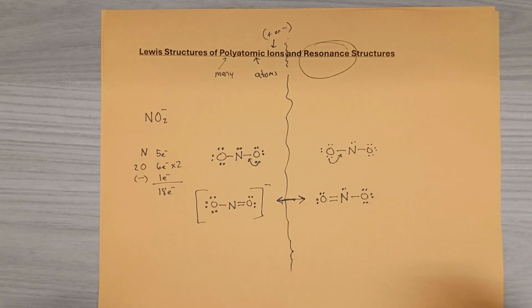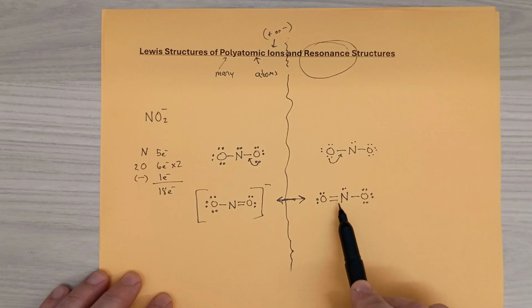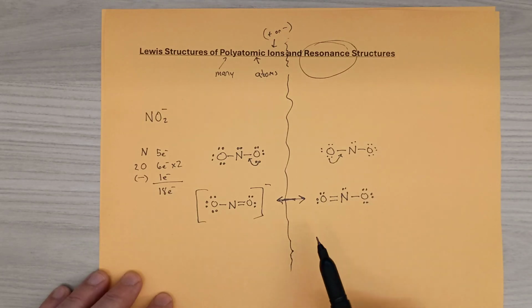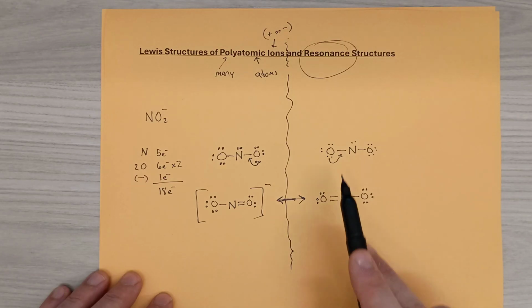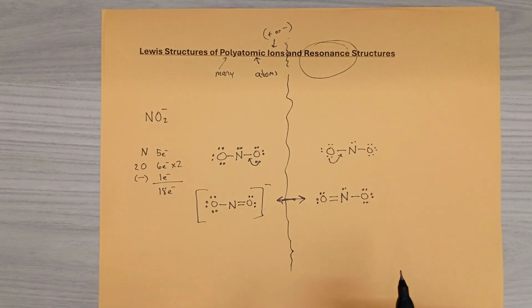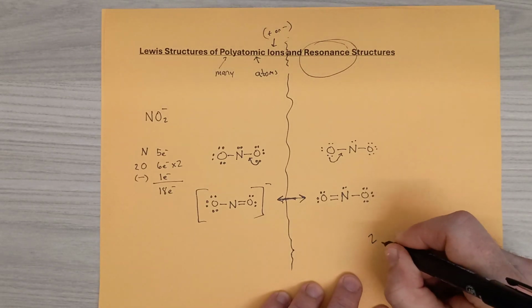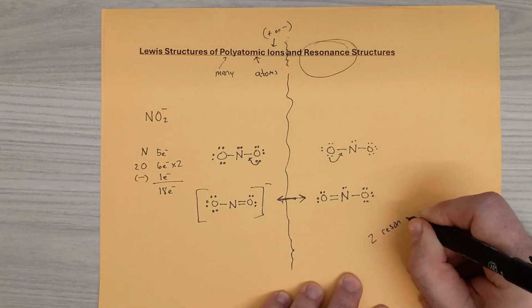That makes the ion more stable. It's just really hard to draw electrons that aren't in one location but are moving freely around an entire region of space. So we stick with drawing it this way. We call those resonance structures, and we can tell you how many equivalent ways. Here there are two resonance structures,